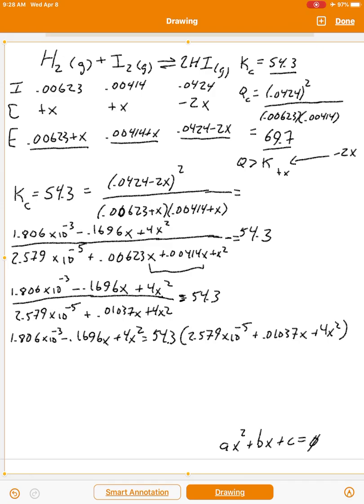You distribute the 54.3 through all three of those terms. So again, copy this down. I find that I have to just go through this very stepwise. It's hard for me to make any shortcuts on this. So you get 1.400 times 10 to the minus 3 plus 0.5631x plus